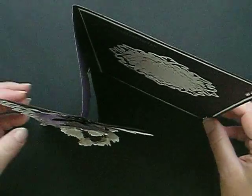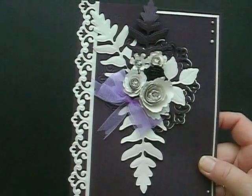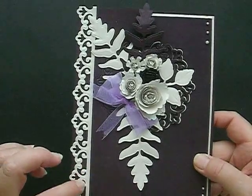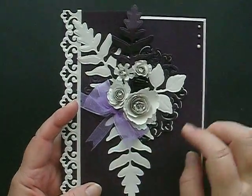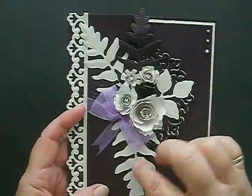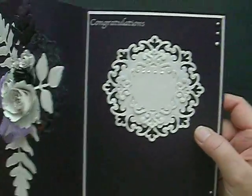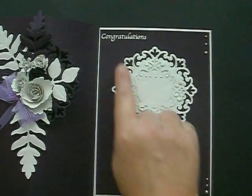So you can see the shape there. On the front I've used one of the, I think this is Parisian. I'll certainly put the details on my blog, but this is the Parisian accents. Then I used foliage, Spellbinders foliage, and these are the Bitty Blossoms dies to make the flowers, a little bit of organza ribbon, and then again the Parisian dies on the inside with some liquid pearls and a rub-on,